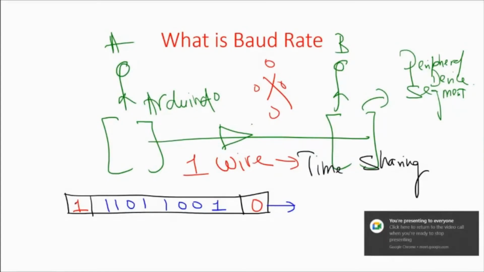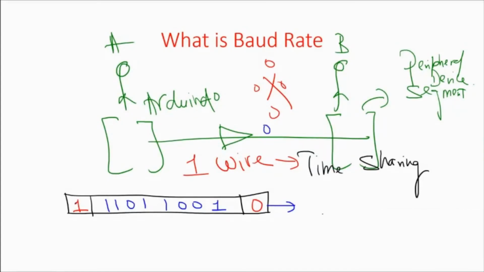So the Arduino will write a 0 here, digital write. Technically, Arduino will do a digital write, so it will write a 0 here. How long does it write a 0? That depends upon the baud rate. Baud rate means what? What is the time that you are planning to share between each and every bit?